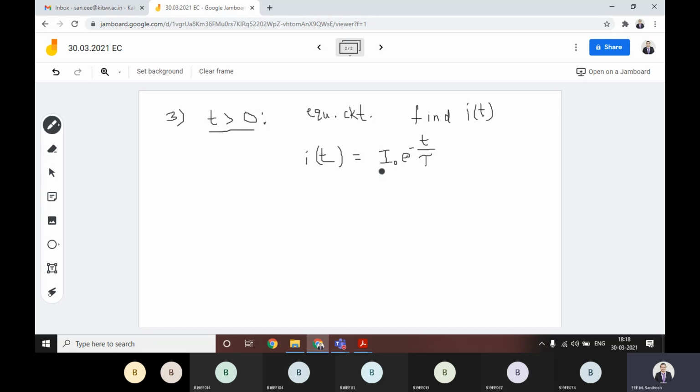For the charging case, the value of the current is I of t equal to I naught into e power minus t by tau. Okay, do you have any doubt regarding this one, how it came? You know or don't know? If you tell, then only we can explain. How you got this one? You know or don't know?